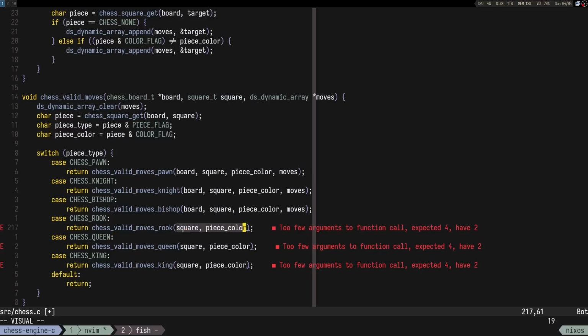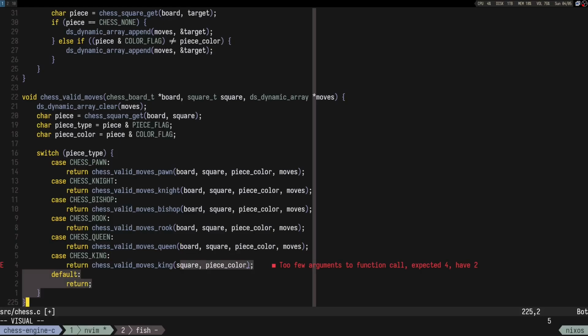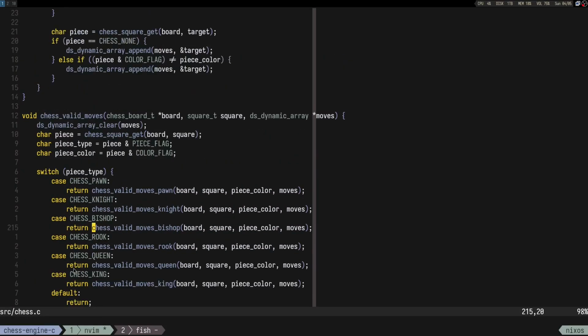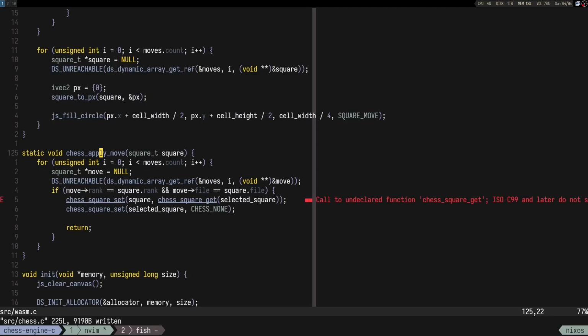So vi parentheses space p. Oops. Nice. So now we have chess valid moves, and it's going to give us the valid moves for each piece that we click. So if we go back to this one,